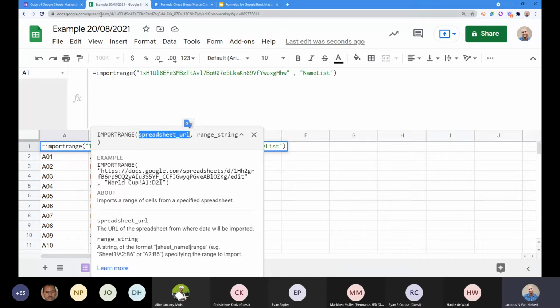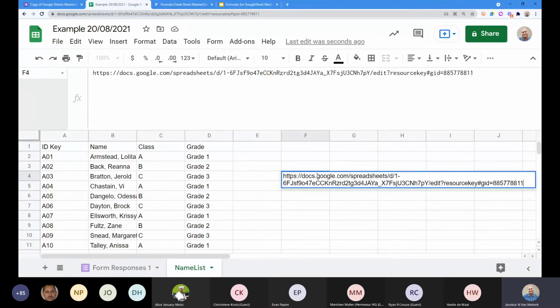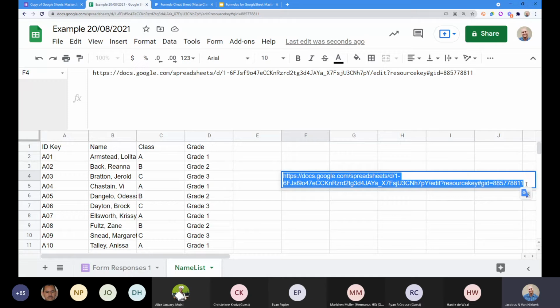So you'll see here at the top, I'm going to copy this one for you quickly so you can see what it looks like. This is the URL of this Google Sheet, this long thing that you see over there, right? Now, I can use this as well. It's important to note, I can use that whole long thing and it'll work perfectly fine as my spreadsheet URL. And this allows me to import information from a different Google Sheet.